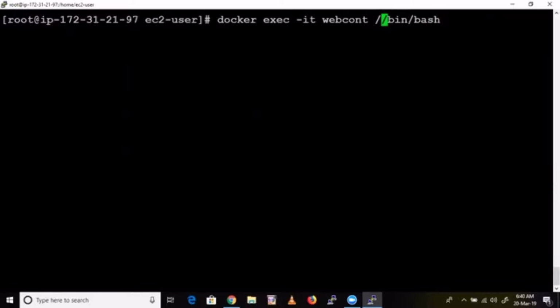Just for the safer side we are giving it. That's also not required. I told you, right? Okay, now see, press enter. See, where are you now? Now inside the container. Instead of creating a bash shell there, we are creating it here itself while going inside the container. Because when you want to go inside the container, only then do you need this one, right? Okay, so here we learned 3 to 4 things, guys.